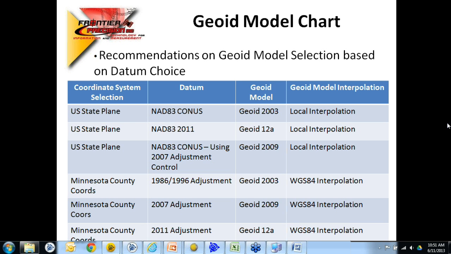So the reason that people are seeing problems with elevations usually results from a mismatch in the type of interpolation that the geoid model is using and the coordinate system that they're using it with. So as you can see from Steve's chart, the NA2011 datum